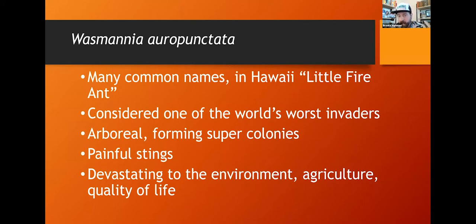They have many common names. In Hawaii, they're known as little fire ant, which is confusing because there are so many different types of fire ants. In Australia, they call them electric ants, and we already missed the boat on that one. Too bad we don't call them electric ants. But little fire ant is what they're commonly known as here in Hawaii. They are considered one of the world's worst invaders. They are arboreal, meaning that they live up in trees as well as the ground,